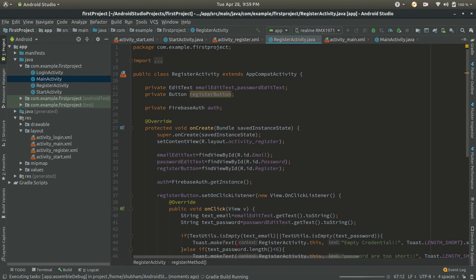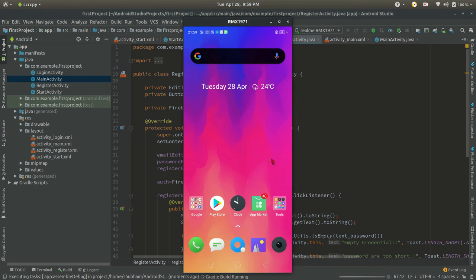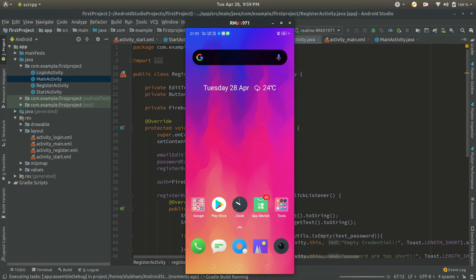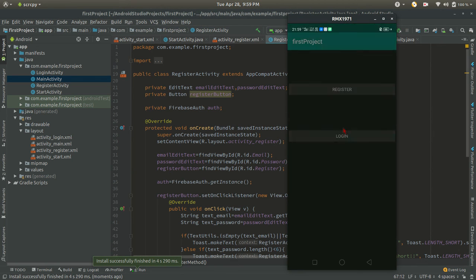So Gradle is building. So I am using scrcpy. So you will see the output here. Yeah, so you can see here is the register.